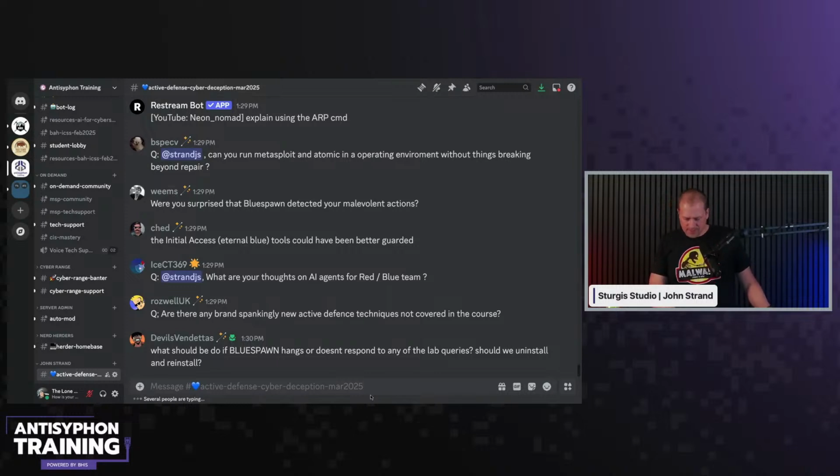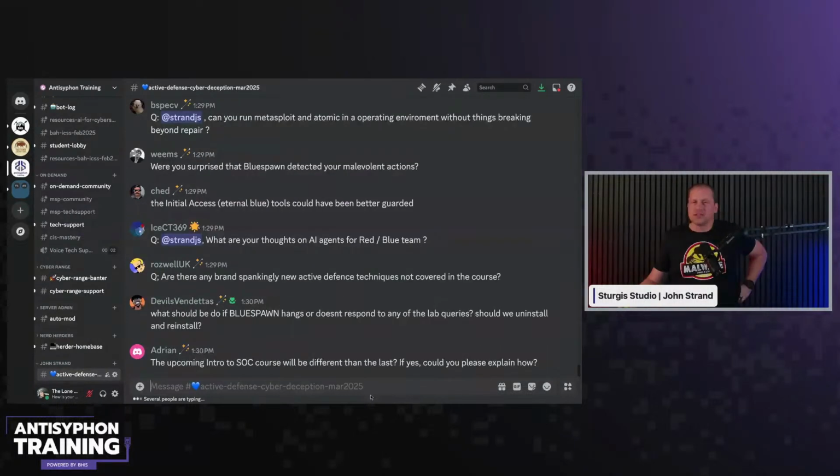All right. Were you surprised that BlueSpawn detected my... Well, you know what's weird is BlueSpawn is weird. Sometimes it detects things really well, sometimes it doesn't. But here's the kicker. That is really typical for what we see in a lot of AV and EDR environments. It detects stuff sometimes later, sometimes it does, sometimes it doesn't. We have customers all the time that are like, well, our AV didn't detect that. Why didn't it detect that? And we're like,